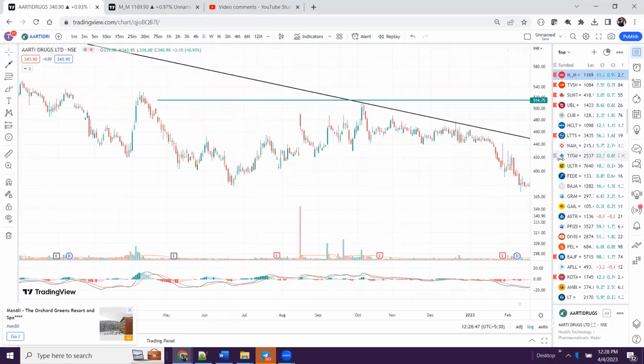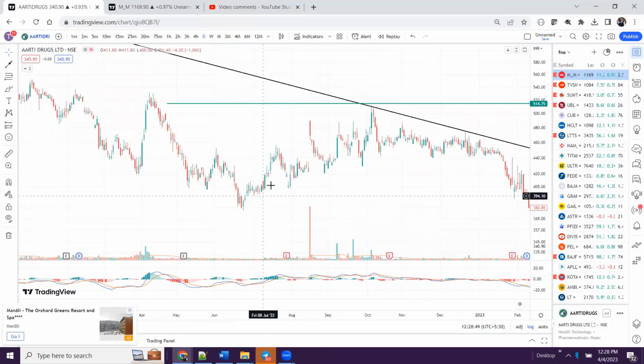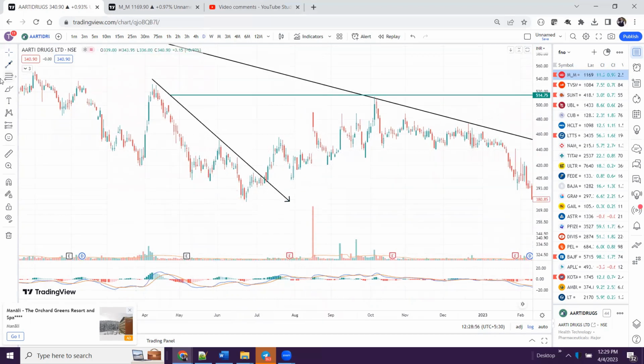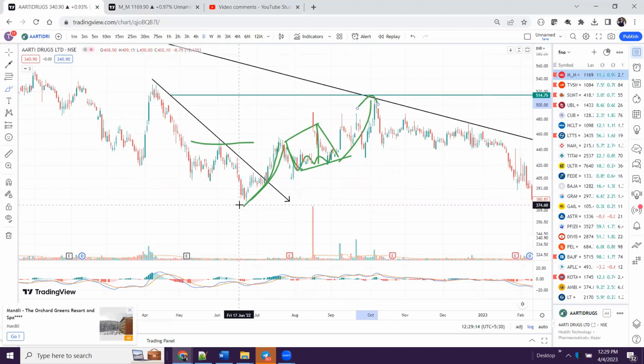Now you can see from this level, let us draw this. Internally, you can see this was the first move to the upside, and this is a fast move on this time frame, but on a weekly basis it took more time. Still, we can get upside like this, which is corrective, but it will still be an upside. So both these cases are possible on a weekly basis.